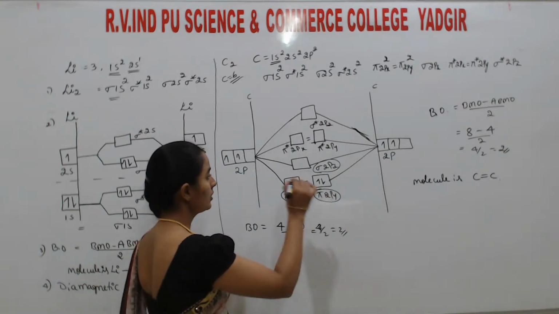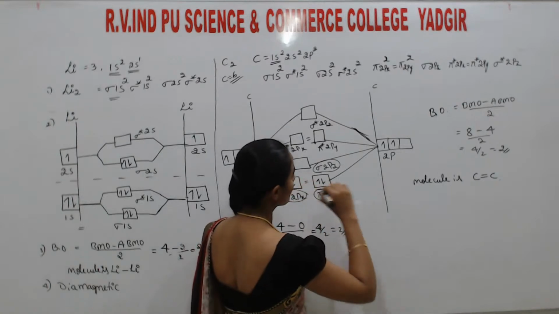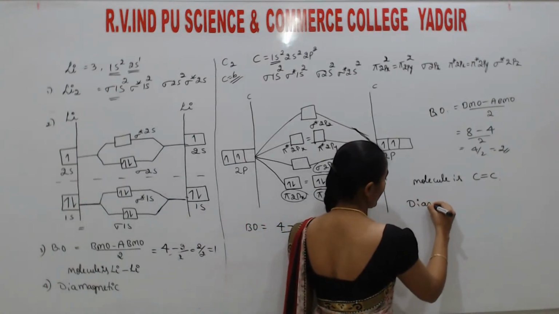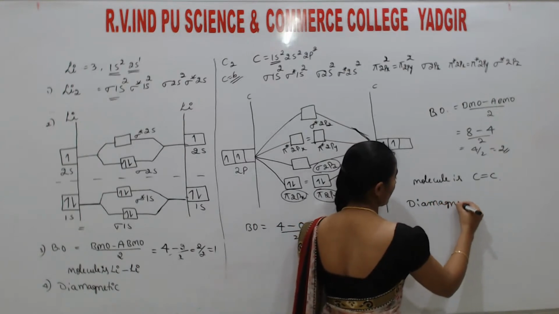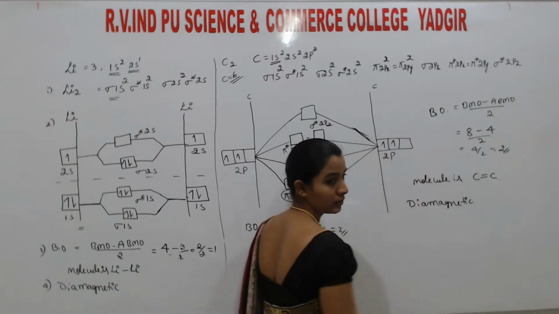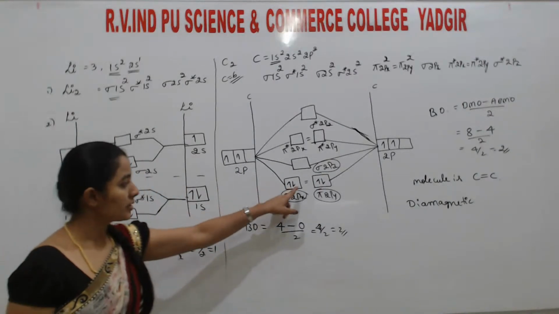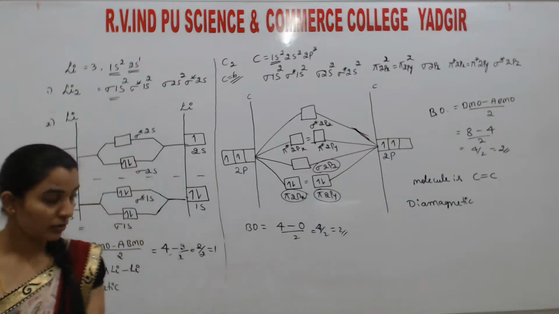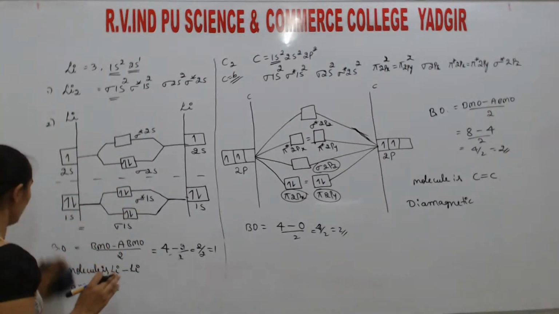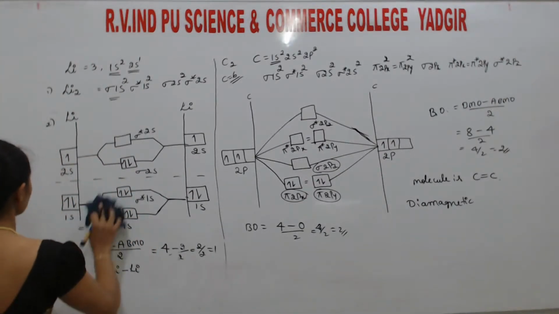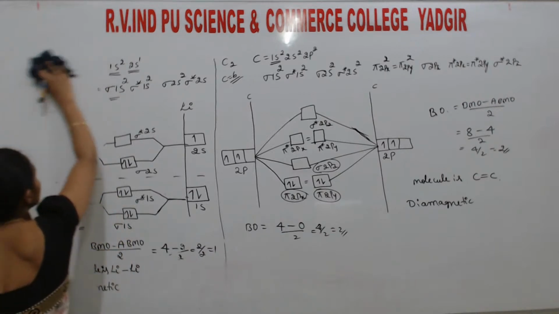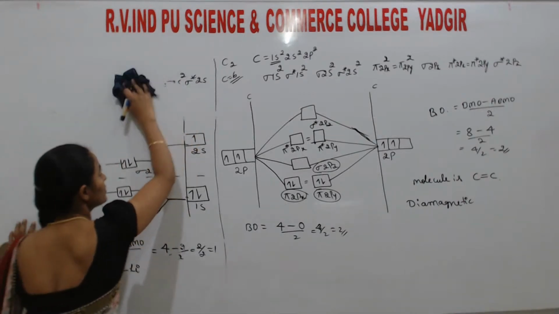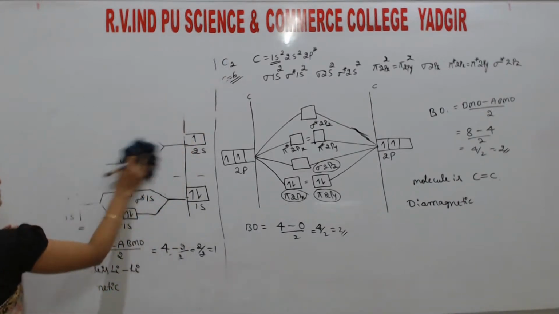Understood? Okay. So the next one is the magnetic property. That is what? Diamagnetic. Why is it diamagnetic? Because all the electrons here are paired. Okay, so this is the C2 molecule. Which are important for examination, definitely I am writing, students. You can write it for each and every molecule. If bond order becomes 0, then it is